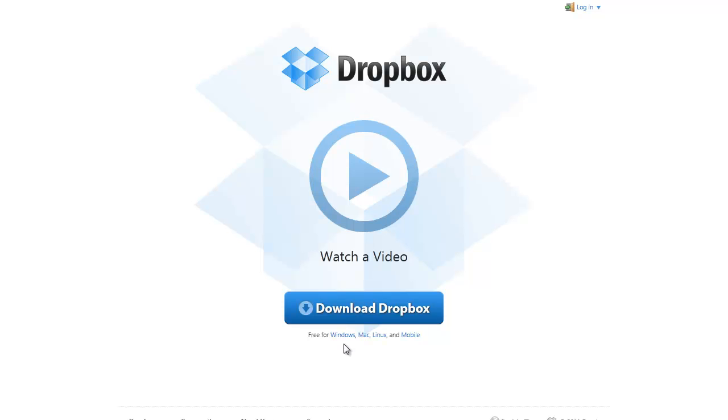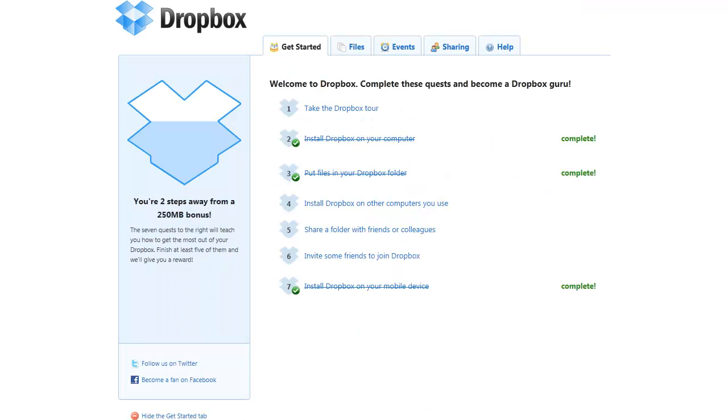So to give you a little walkthrough of it, I'm going to go ahead and pause the recording real quick just so I can log into my account. So I have logged in now, and I'm on the Get Started tab here, and you see there's a couple of tabs up here, and it's telling me if I complete these other tasks, then I'll get a 250 megabyte bonus. I haven't done all this yet, obviously, but I'll eventually get to it all and get some more free storage. So I'm just going to click on the Files tab up here,